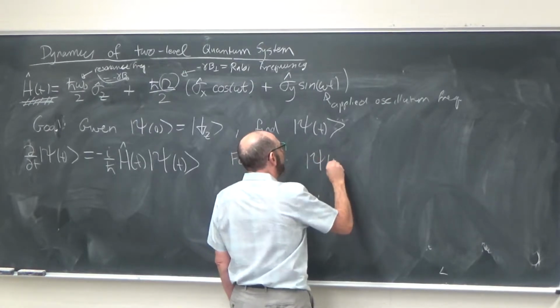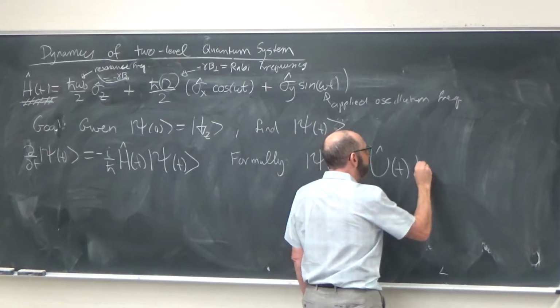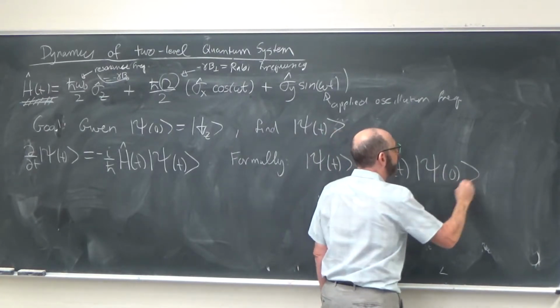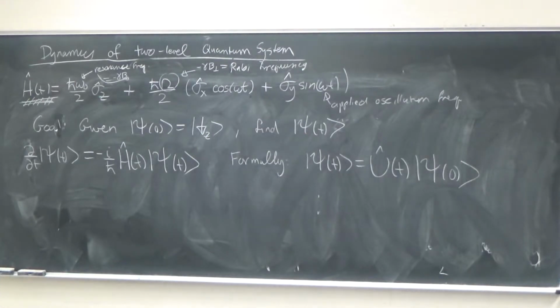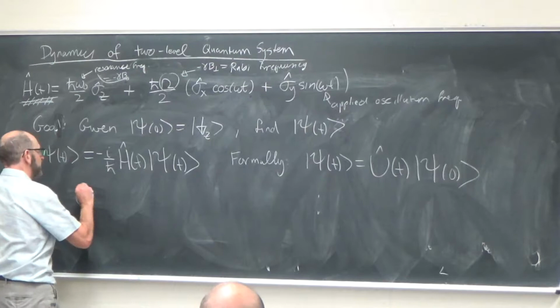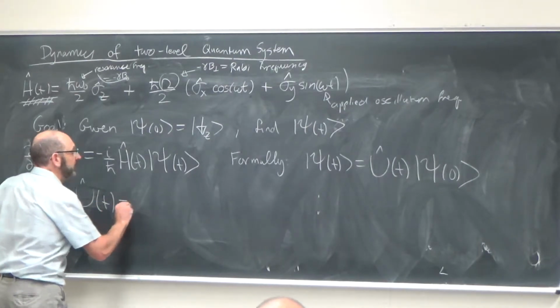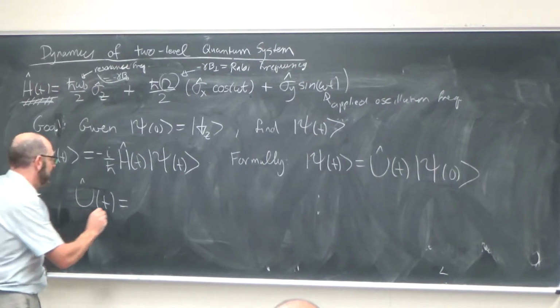I know that the state at some later time is given by whatever the unitary time evolution operator is acting on the state at the initial time, right? But what is this in terms of the Hamiltonian? E to the minus